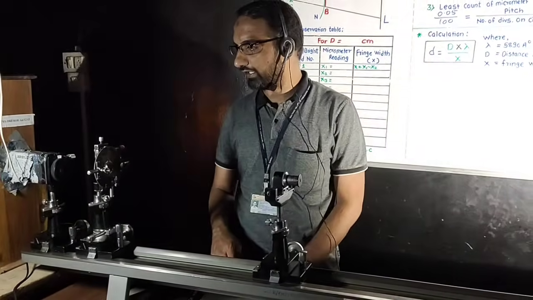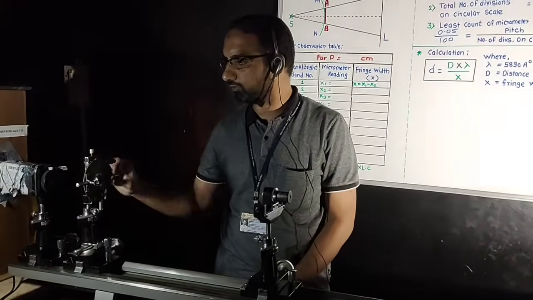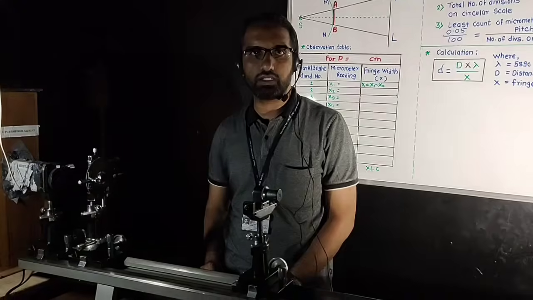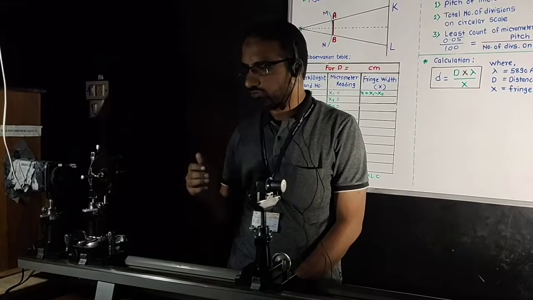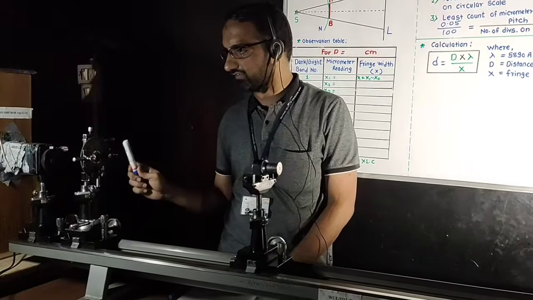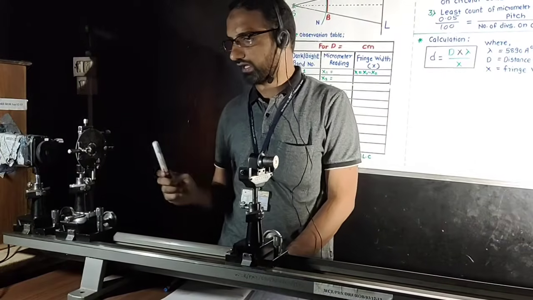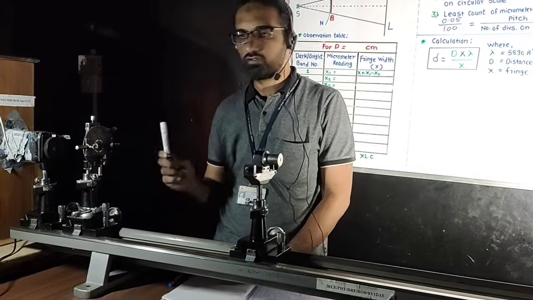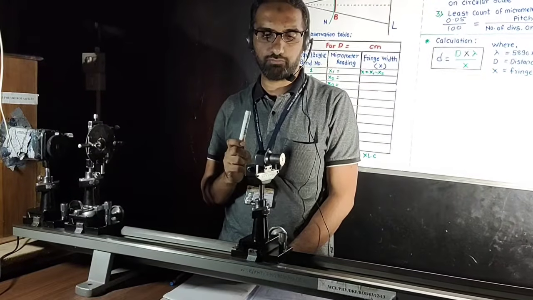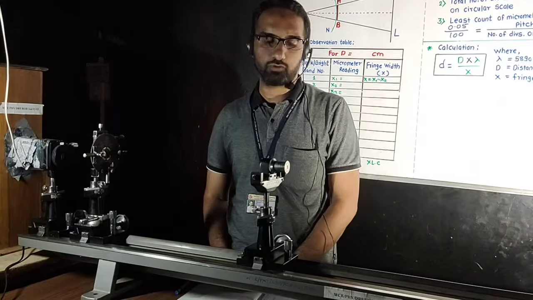And third, for getting a sharp diffraction pattern we should use the minimum width of the slit. If the width of the slit is not minimum, too much light comes from the source and is incident on the obstacle, so we do not get a proper diffraction pattern. So for fulfilling all the conditions, they should be at the same height, slit and obstacle should be parallel to each other, and the width of the slit should be minimum. If the three conditions are satisfied, we will get a sharp and clear diffraction pattern on the screen, which we can observe with the help of the micrometer screw.